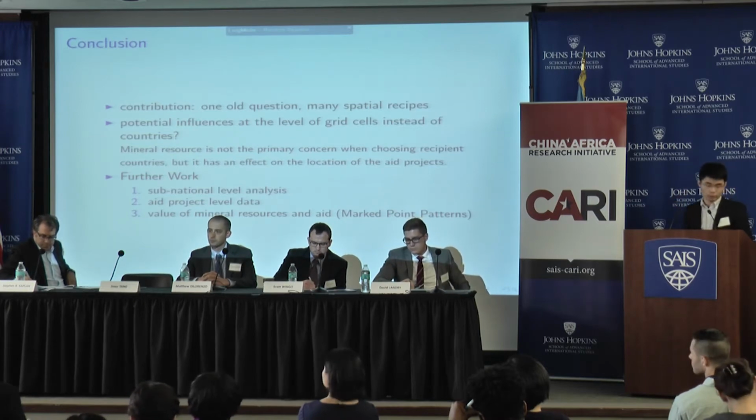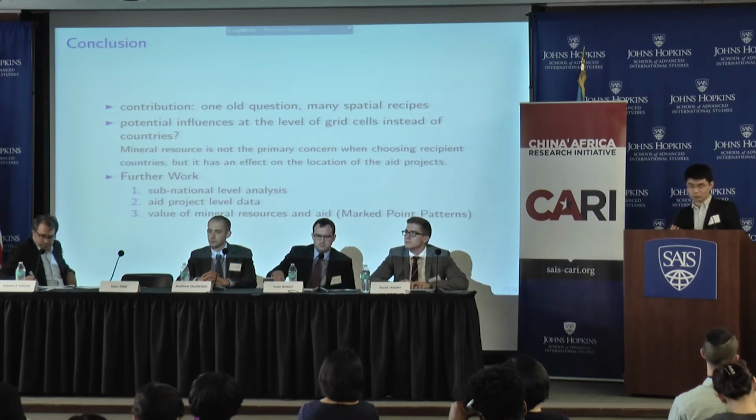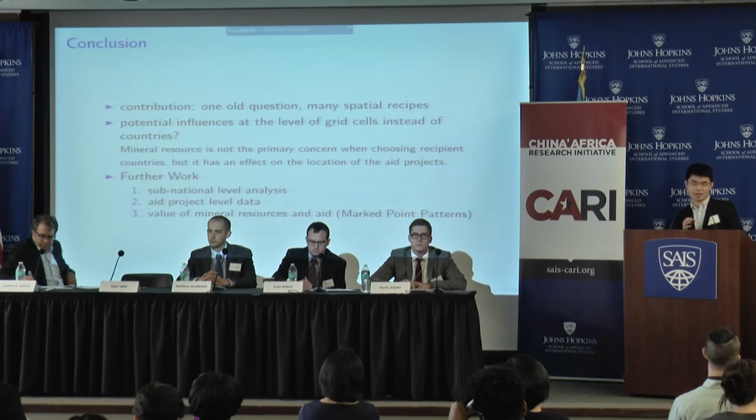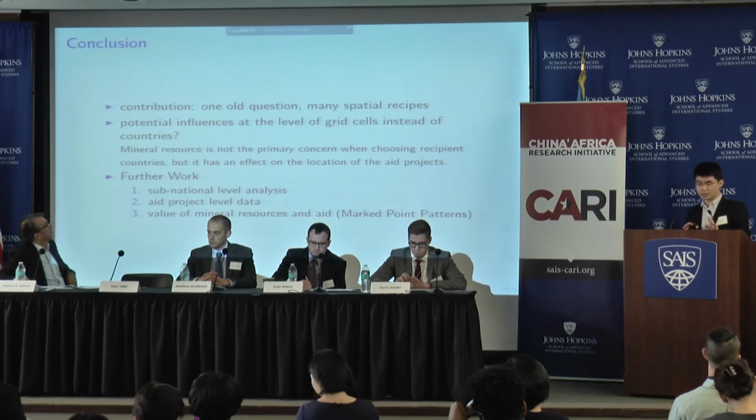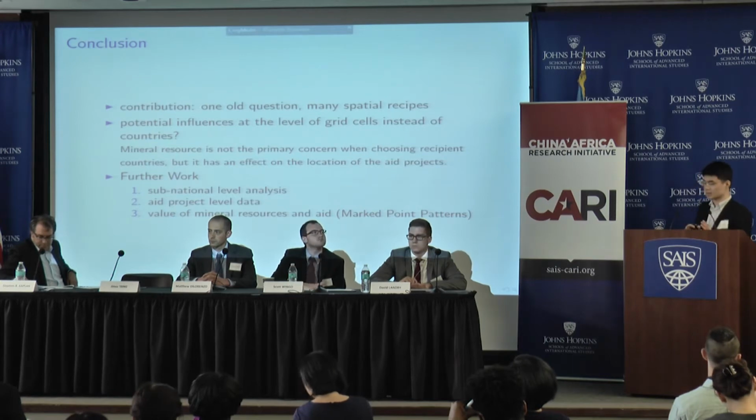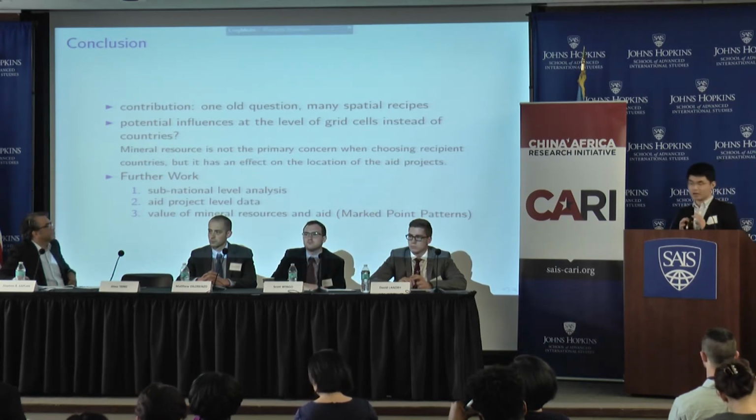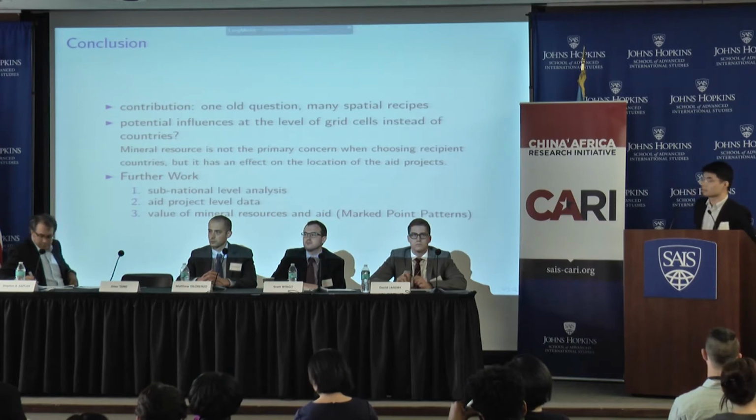And why didn't we see this kind of correlation at the country level or at the whole continent level? We only see this effect of mineral resources on aid at a very small grid cell level. My hunch is that mineral resources is not a primary concern when choosing the recipient